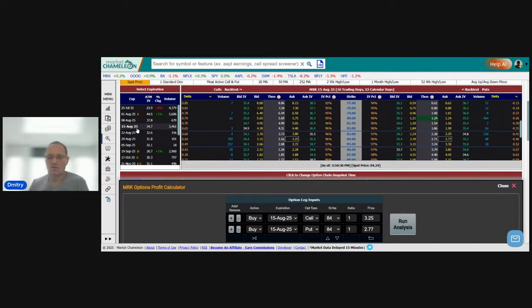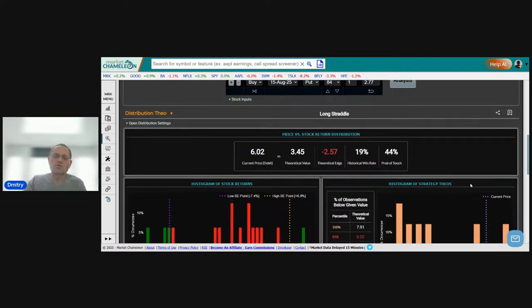So August 15th is an expiration that's going to cover earnings. Given that, what the model is doing is removing the data that did not have an earnings impact, because that data may skew our results. We know that when there's no earnings, we don't typically see an earnings impact. You're not going to see that volatility. So if we're putting in data points that are going to skew our volatility too low, we might not get a good analysis. So it's going to remove that and then say, now bring me the historical dates,